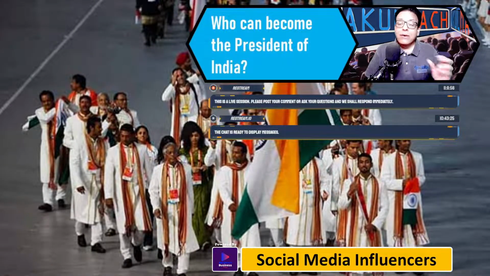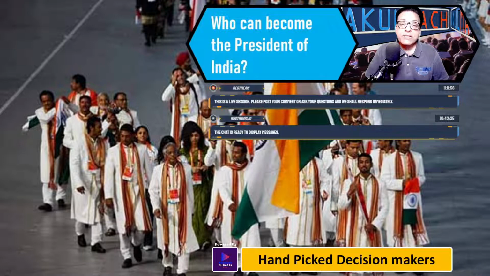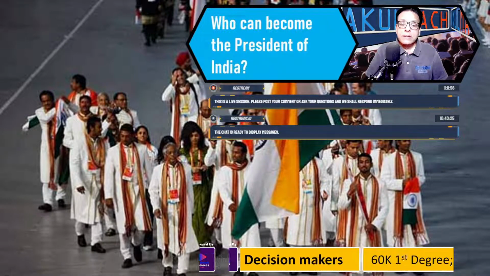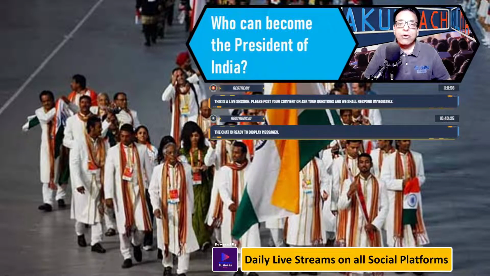Now let's look at the qualification for president. The president has to be a minimum of 35 years of age, and the presidential candidate must meet the qualification set for the Lok Sabha member, which is the lower house member. So if he is qualified to become a member of Lok Sabha and his age is 35 years, he then qualifies to stand in the election for president. So that means the qualification for a member of parliament is the same as the qualification to become president in India. However, the process of